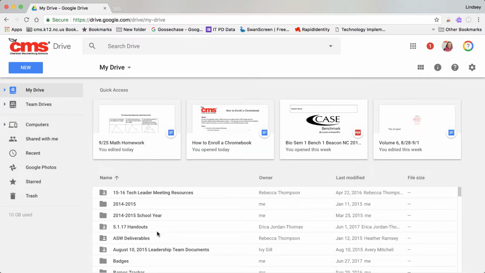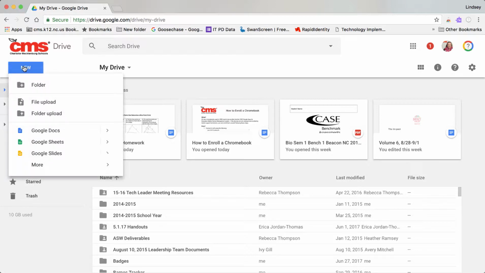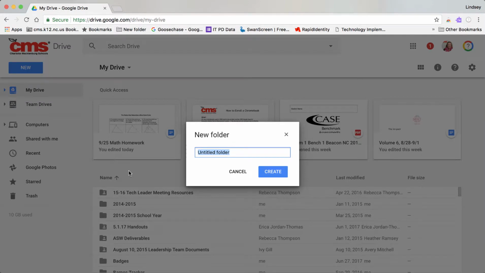In fact, what I would encourage you to do is to create a new folder for each class that you are taking this year, and make sure you label it 1718 so that you know when you're going back what you have access to. So I'm going to hit New Folder,